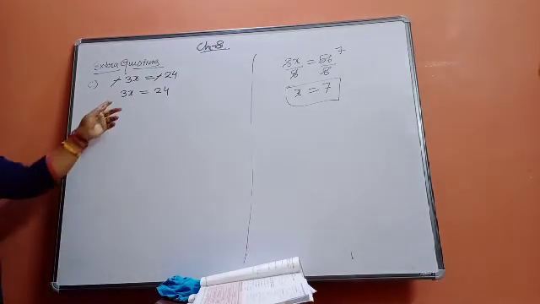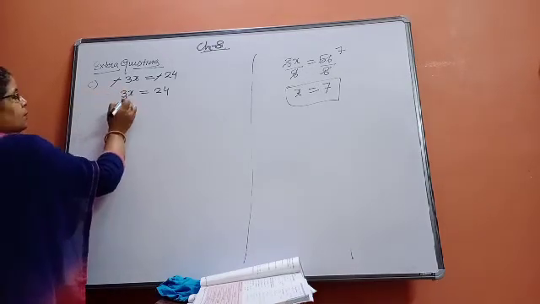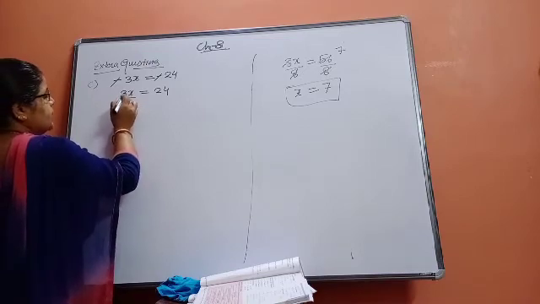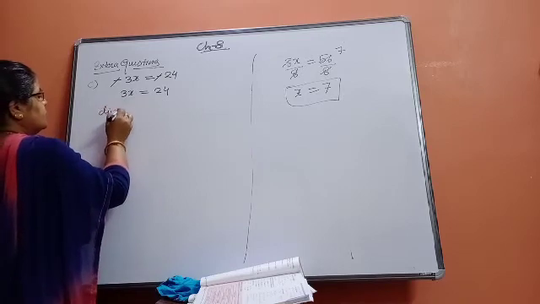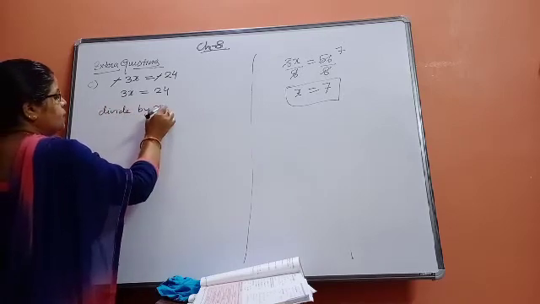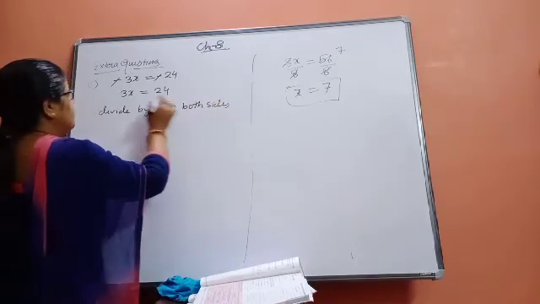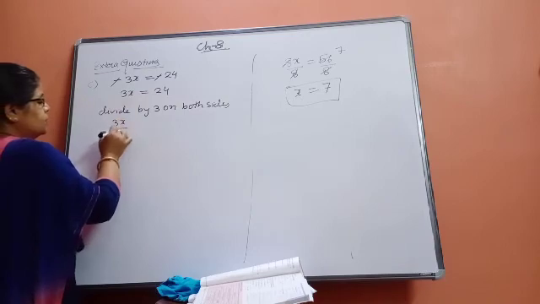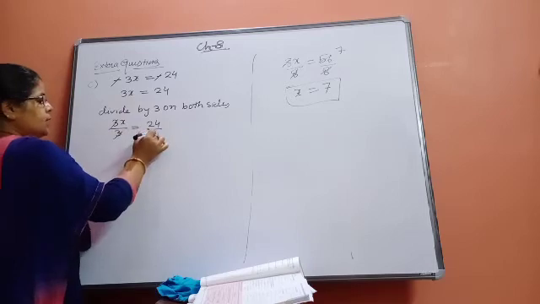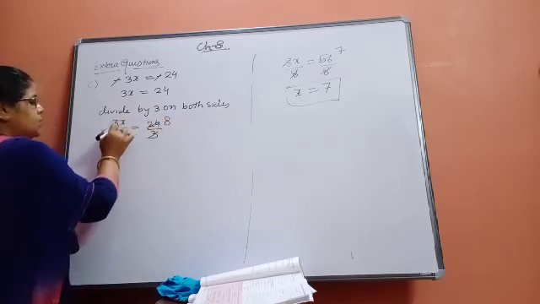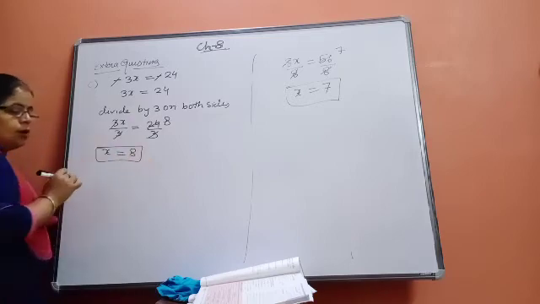Okay, what do we have to do? We have to find the value of this x. So what will we do? We want, if it can be divided by 3, then 3 and 3 will become cancelled. So what operation will we follow here? Divide by 3 on both sides. So what will it become, beta? 3x upon 3 is equal to 24 upon 3. 3 and 3 will become cancelled. 3 8s are 24. What has remained here? x is equal to 8. And in this way, x is equal to 8 will be your answer.